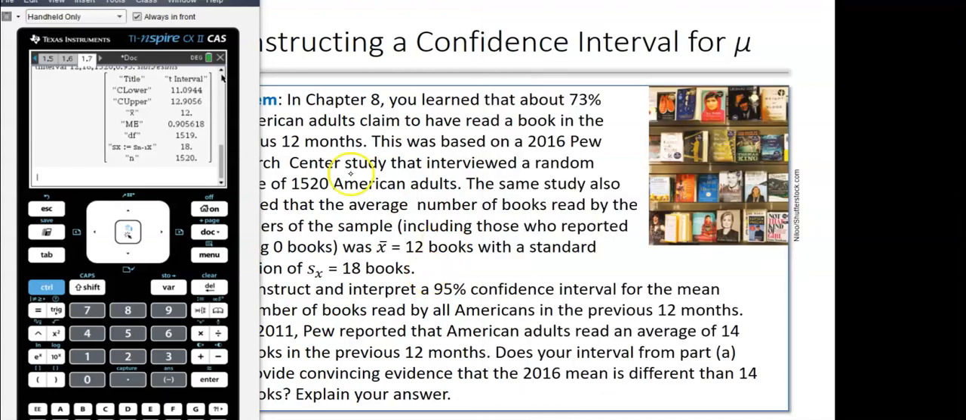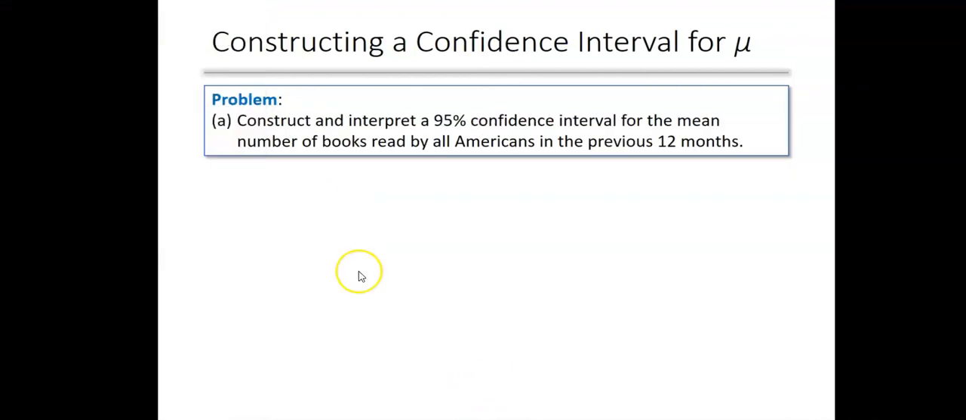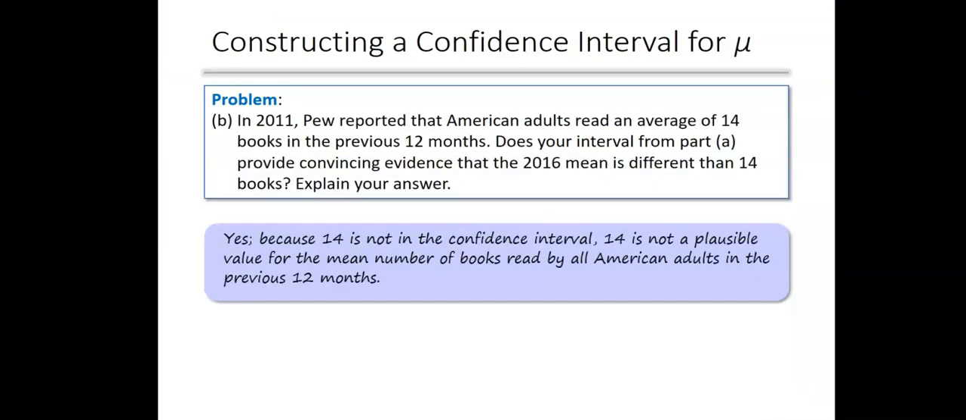The last question is kind of a follow-up, part B. In the Pew report, they said adults read 14 books. Well, according to our interval, which was 11 point something to 12 point something, 14 isn't in our interval. In fact, we have evidence to say, because 14 is not in our interval, it's not a plausible value, which means we don't think this new research or the old research, whatever it is, is accurate here. That's your lesson for today. Tomorrow we'll learn about